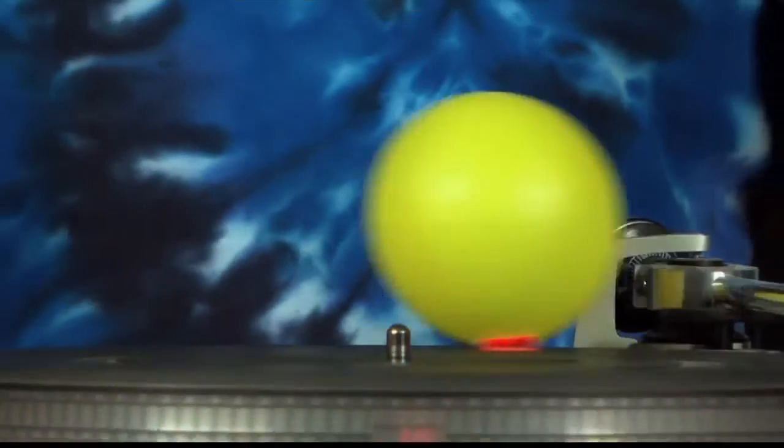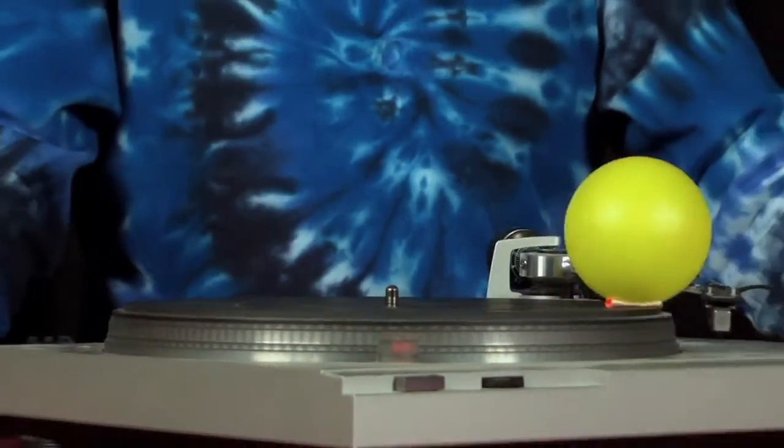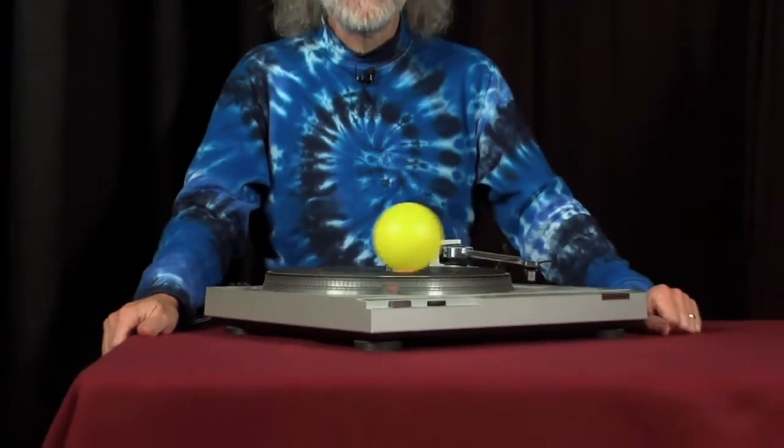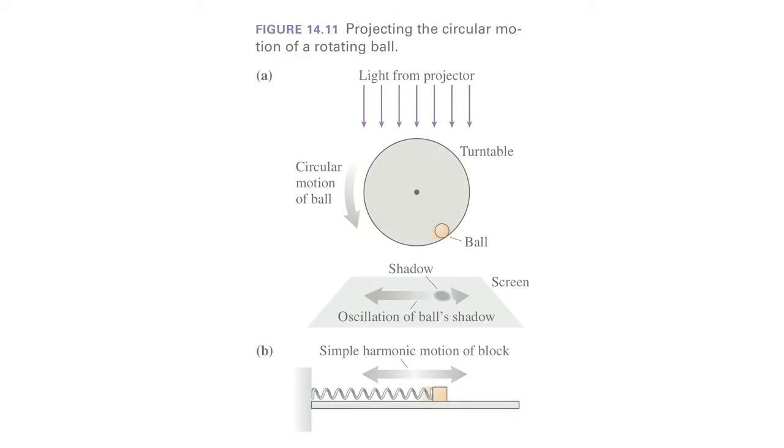If we zoom out, you can see what's really happening is this. The ball is on a turntable. So the ball is actually going in a circle. But a front view of the ball moving in a circle looks just like a ball moving in simple harmonic motion. Thinking about the connection between circular motion and simple harmonic motion allows us to say things about the maximum